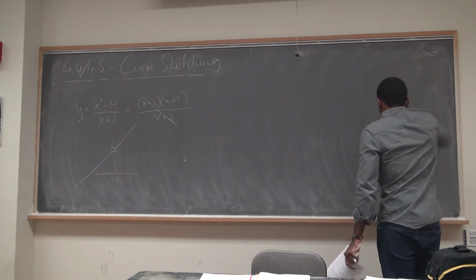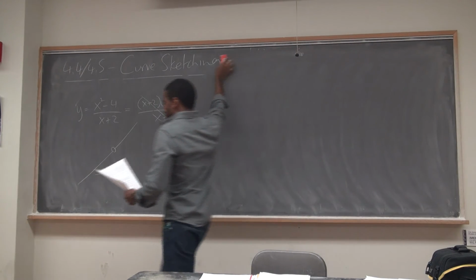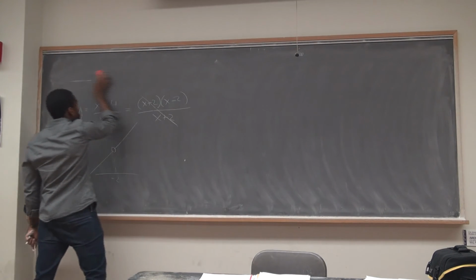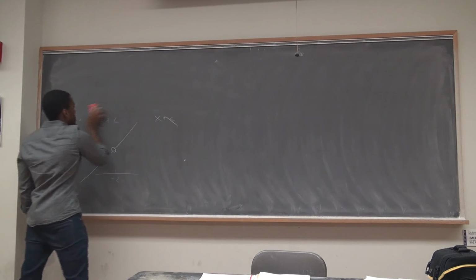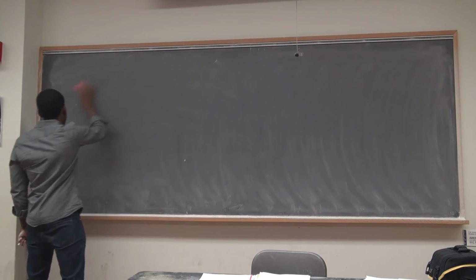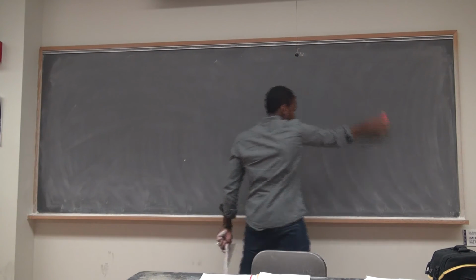Okay. So let's do some examples. We start out with an example that we should all be familiar with at this point. The graph of 1 over x squared. So we're going to pretend that we don't know how to graph this at the moment, and we're going to figure out how to graph 1 over x squared.